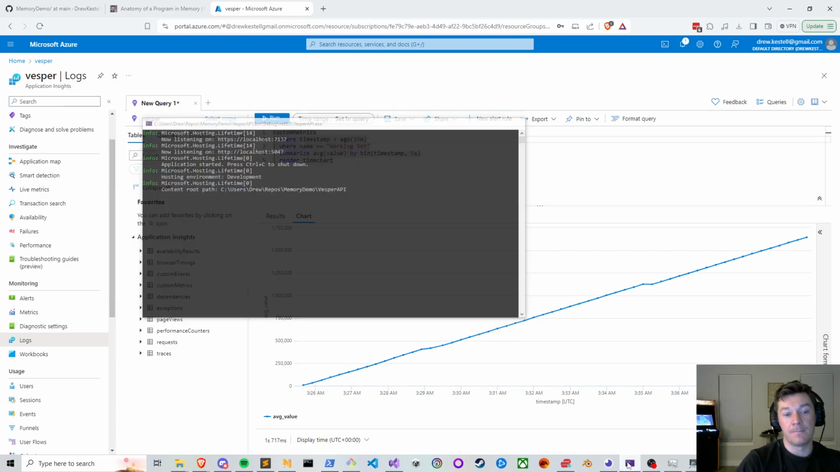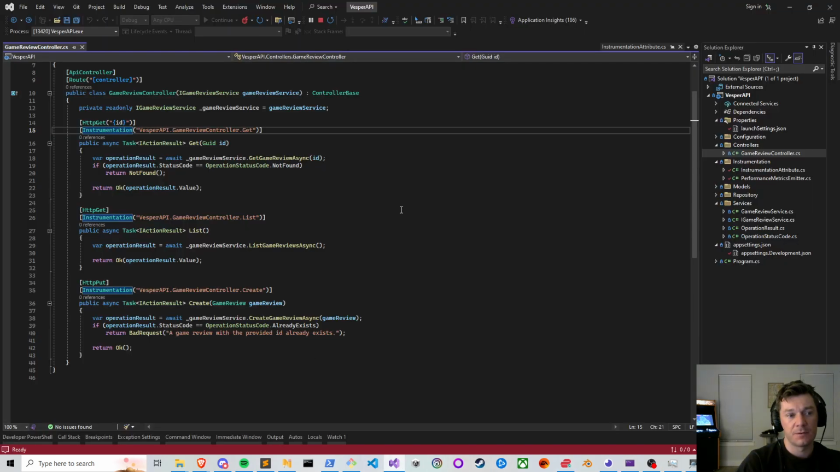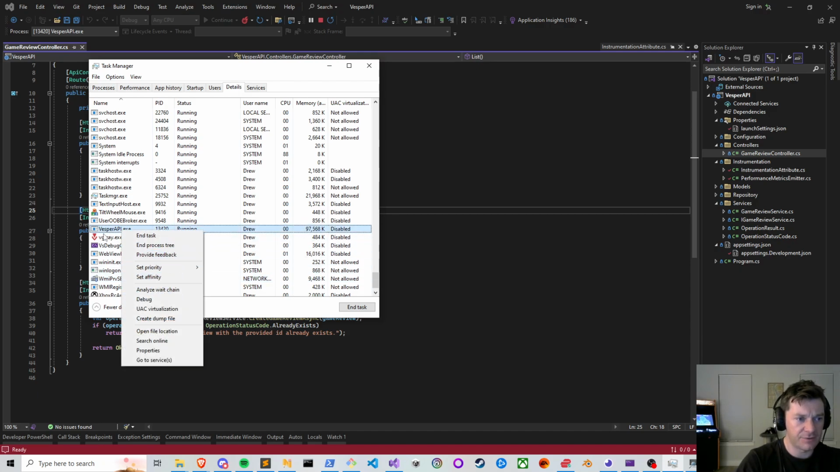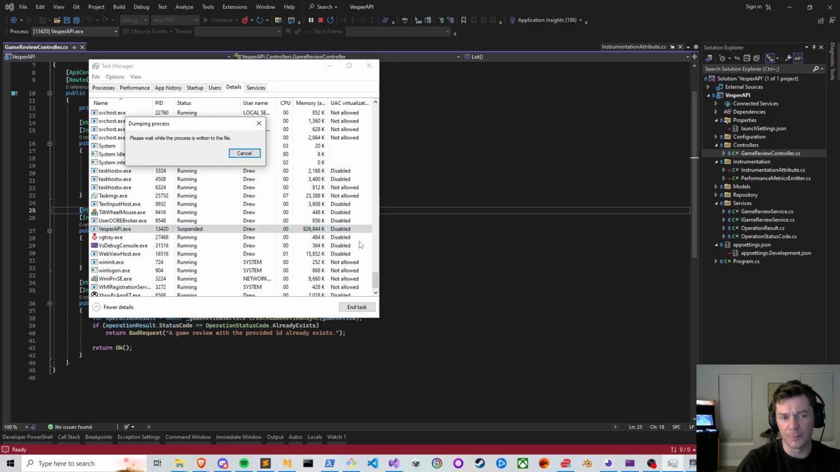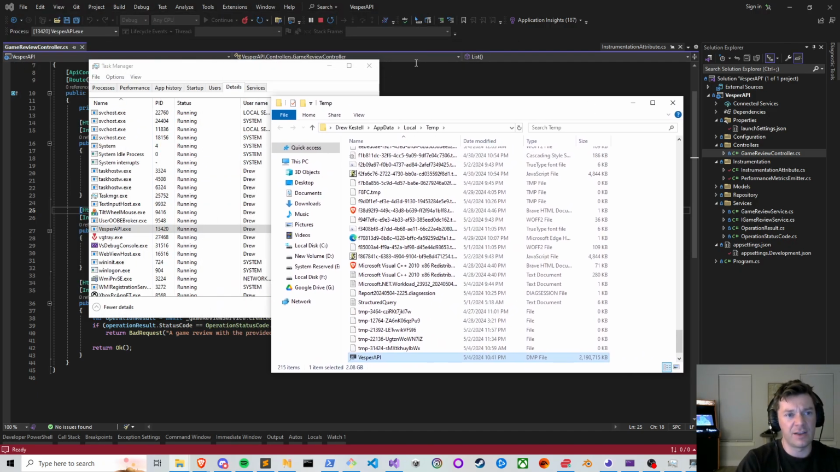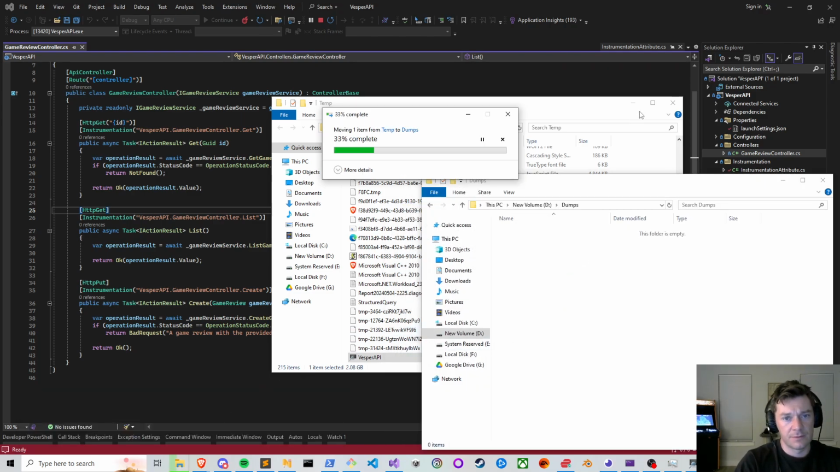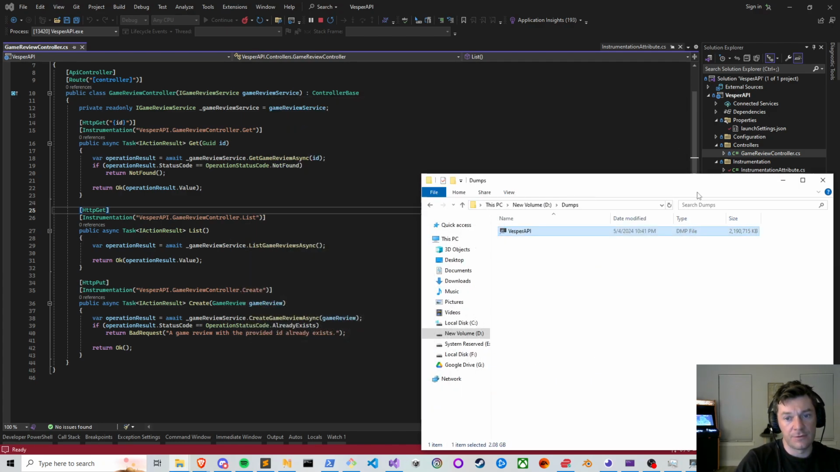So what we'll do here is we'll just take a process dump of the Vesper API. In Windows, you can just do it in the task manager, it's easy to do. I think you can do this programmatically too, but we'll do it like this. Okay, so it's going to give us the location, and then let's just copy this over to dumps. It's 2 gigabytes, that's pretty big. All right, so next,